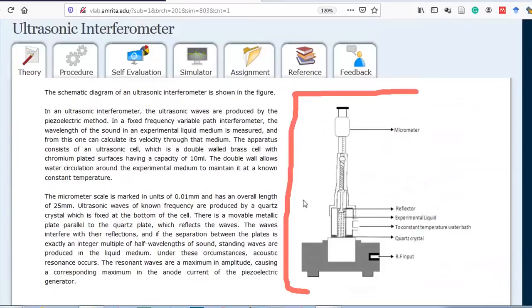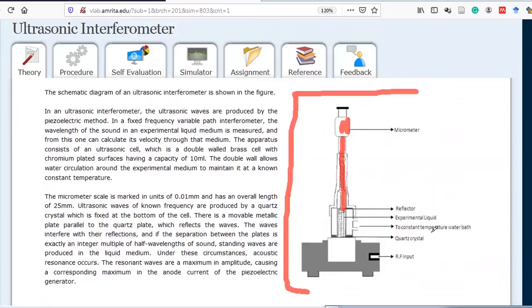Second part is the reflector, which you see, let me annotate also. This one is a micrometer which is rotating. Okay, so they are saying rotating micrometer. Second, you see this micrometer is connected with a rod over here, something like this. Okay, and I will go down further up to this point. So this is your reflector, which is of metal. Another thing is, if you see the liquid-like symbol, that is your experimental liquid which you keep filling in this part, which you can see just after the rod reflector.